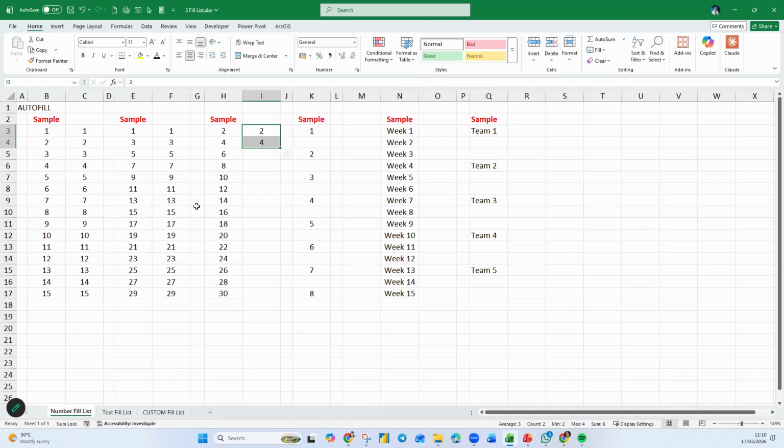But since I have a reference on the left and right, reference means I have some data on the left. It is until row number 17. So I just go to the dot and double click. It will stop at row number 17. So that's what I meant by reference, where to stop. If you are alone in that column, then it will not go down because there's no reference where to stop.